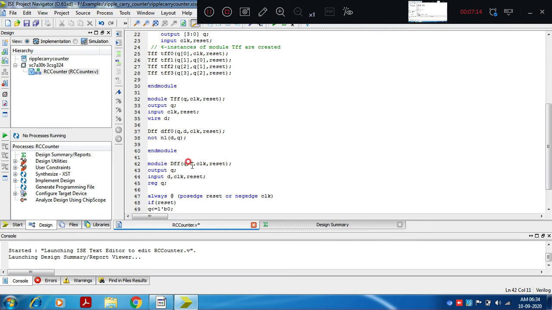In the D flip-flop description, D, clock and reset are the inputs, and Q is the output. We are redefining output Q as a register, since in Verilog we make it a variable to store a value. This is compulsory: when you assign a value to an output signal within an always statement, it needs to be redefined as a register.